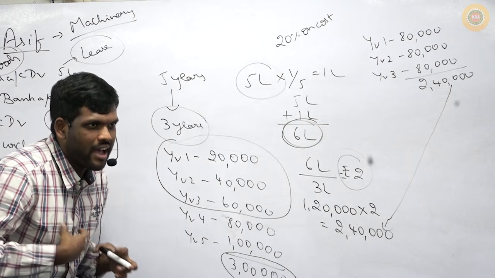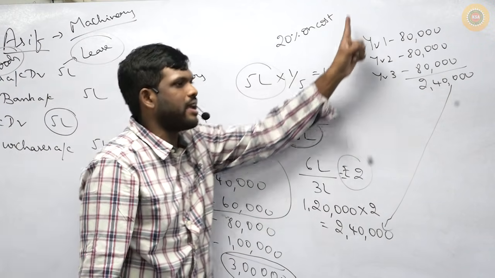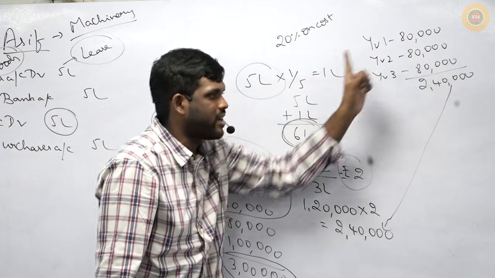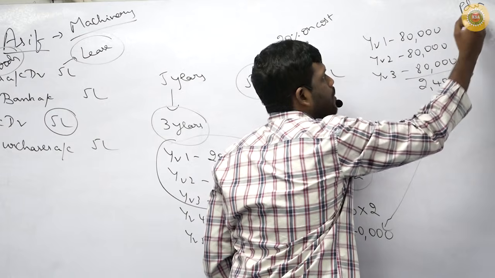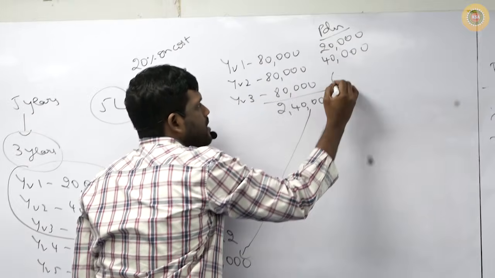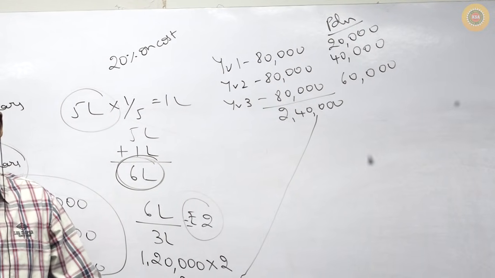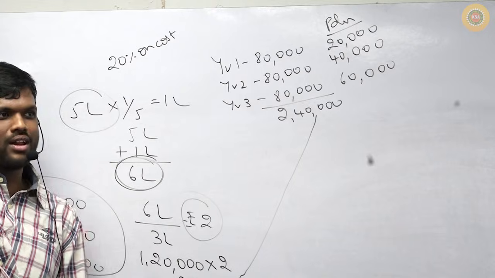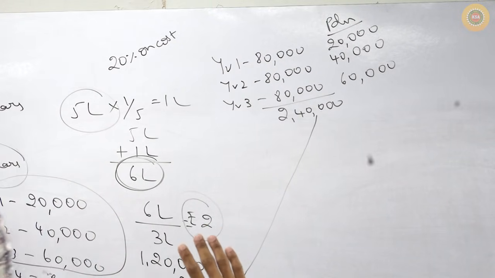Now I have taken this machinery on lease for 3 years. In the agreement it is written year 1 80, year 2 80, year 3 80. Using this for 3 years, I can produce in year 1 20, year 2 40, year 3 60. This is my production using this machinery. Till now clear? Once this is finished, we can close the book back sum. Okay, operating lease ends there; tomorrow, finance lease.